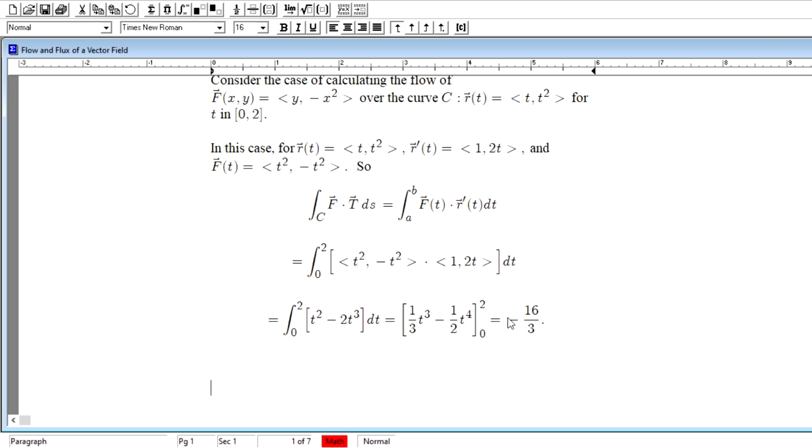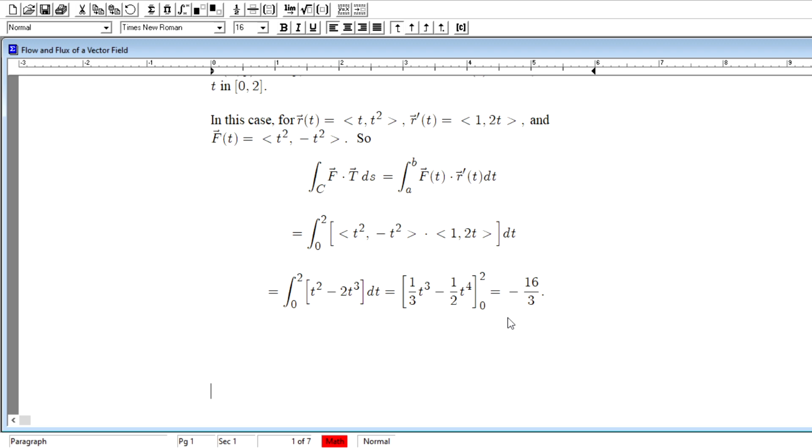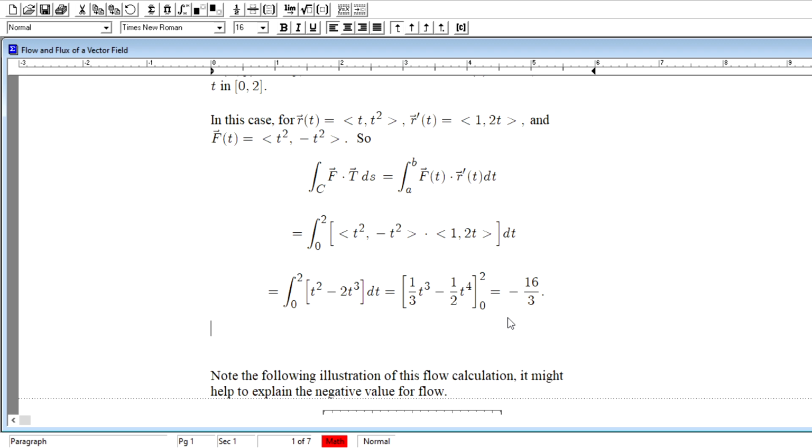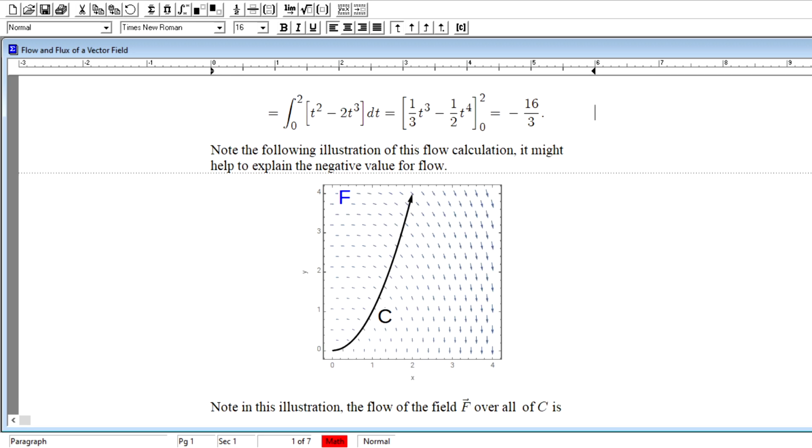Now, you might be asking yourself, how is it that I get a flow measurement that is negative? Right? What does it mean to have a flow measurement that's negative? If we look at the graph, that might help us understand this negative flow measurement. Here's the illustration of what we are calculating the line integral of, what we're calculating the flow of. We're calculating the flow of this vector field seen here, F bar, over this parametric curve seen here,